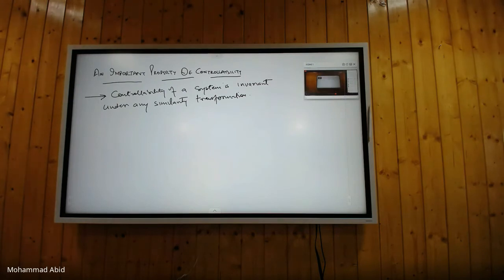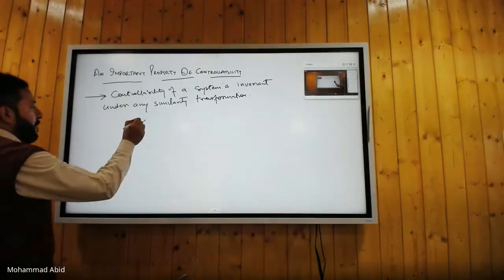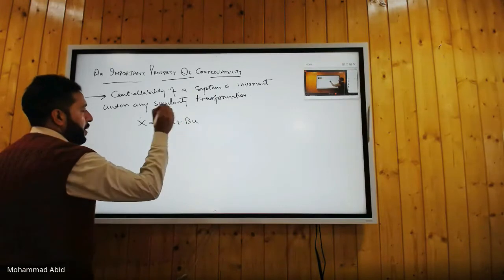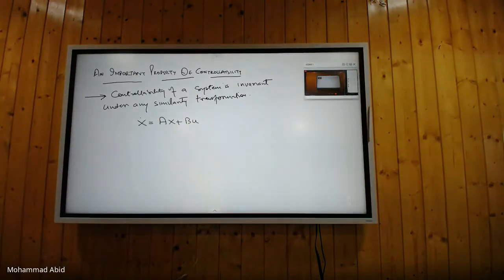That means the state space model which has been obtained after similarity transformation will also be controllable, because controllability basically is a system property. It doesn't depend upon the representation of the system. It doesn't depend upon using which state variable models you have actually represented the system. Are you understanding this? For example, you have got x dot equal to Ax plus Bu. So whether it is controllable or not controllable, that property will be preserved